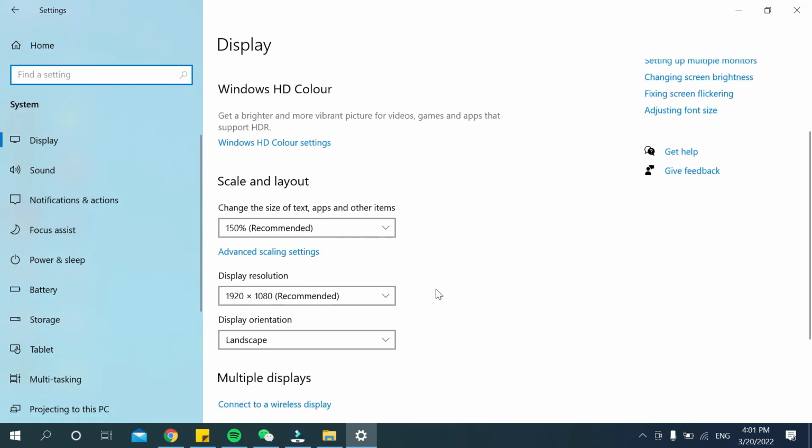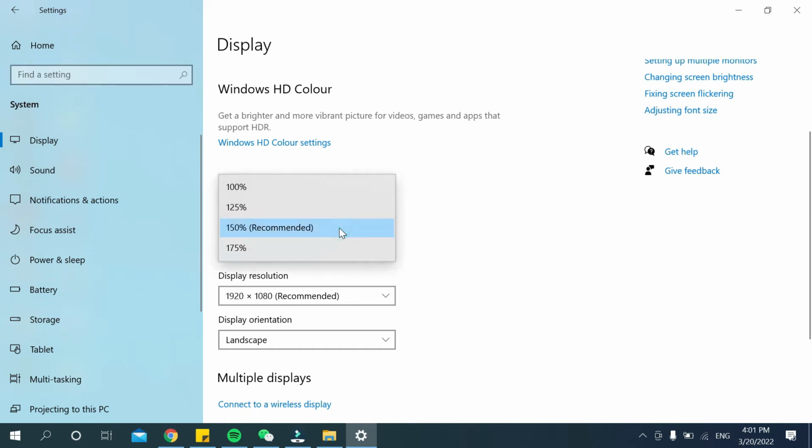Now just scroll down and there you can see change the size of text. You just select it. Now you can change your text size like that, make it